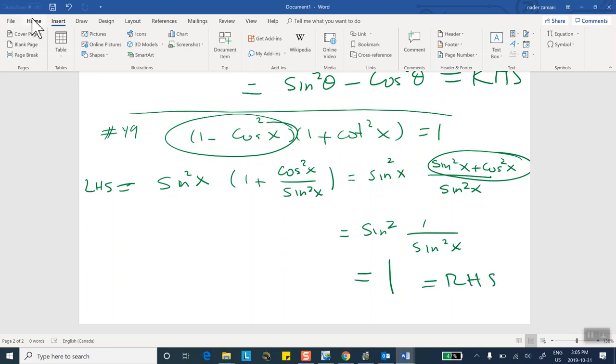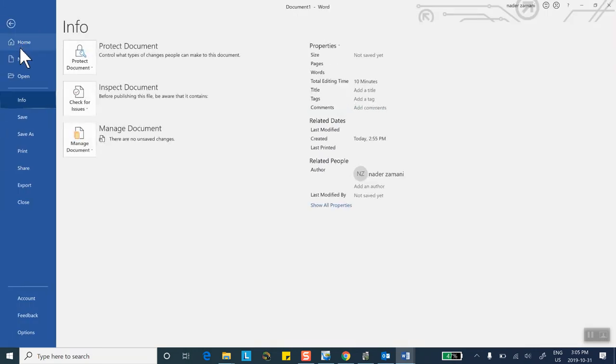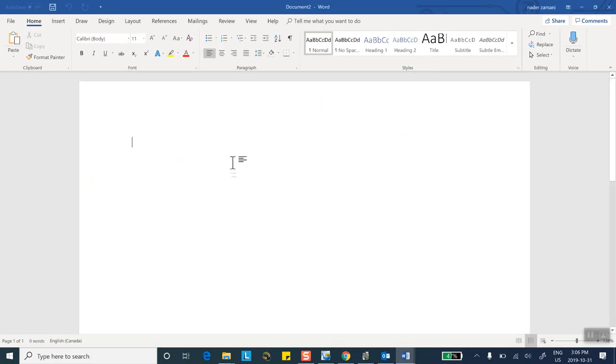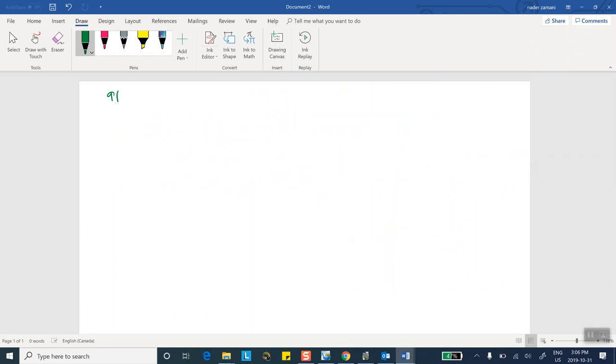Okay, let me start with a new page so that this will not scroll up by itself. Okay, let's go to number 91. What it says is that, look, make this substitution, substitute this in that expression, and simplify. Okay, so we have